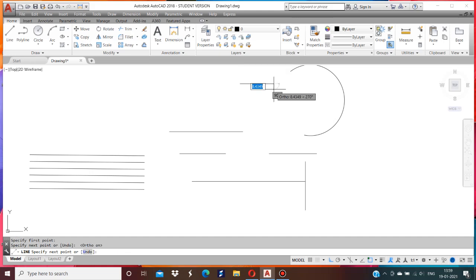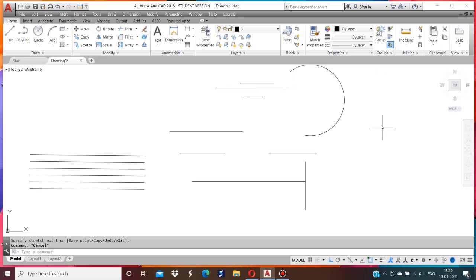One is short, another one is long, another one is very short. I have drawn three types of line: one is medium length, another is a long line, and another is a short line.